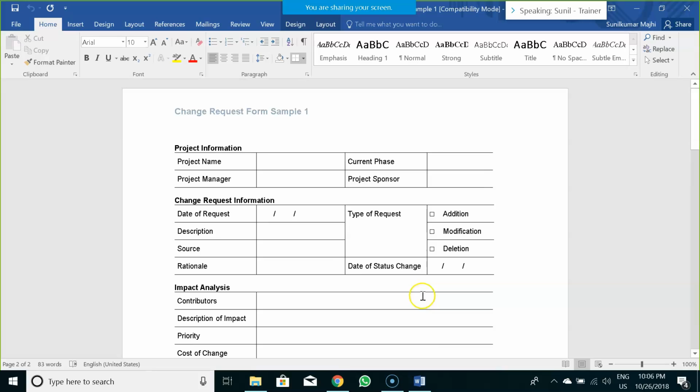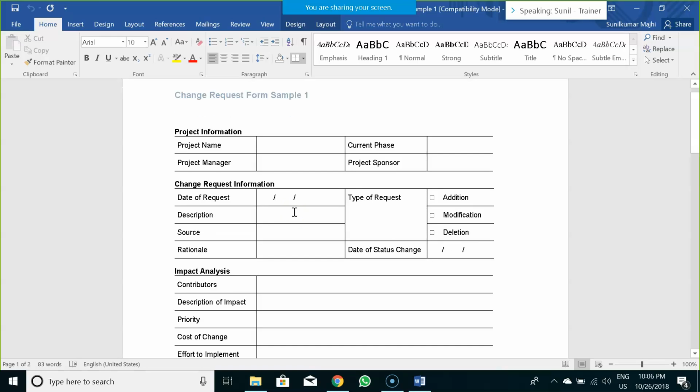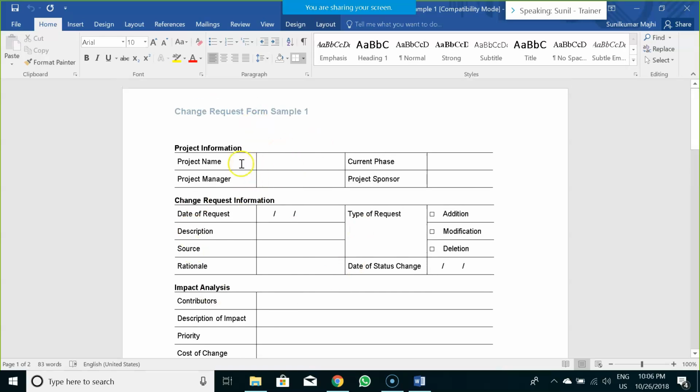So throughout the project, when your project moves into maintenance and support phase, you would be using this single change request template to handle any number of change requests, irrespective of whatever the size of the change may be, whatever the complexity of the change may be. You would follow a standard change request template. You would never ever alter this change request template once it is decided.